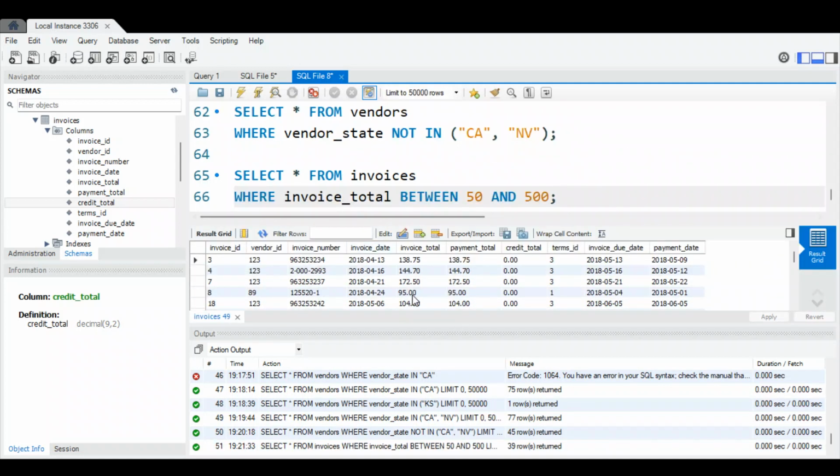and hit return. And there's the invoice totals and everything that you're going to see in here. 39 rows, it's going to be 50 or more or 500 and less. This is inclusive, by the way. So if there were one that was exactly $50 or $500, they would also be included in this set. Okay, so that's actually two new operators on that line, between